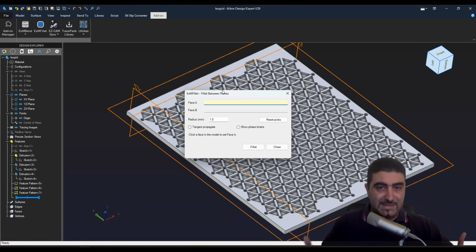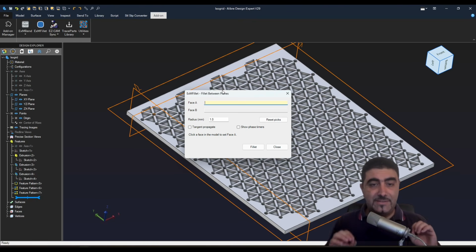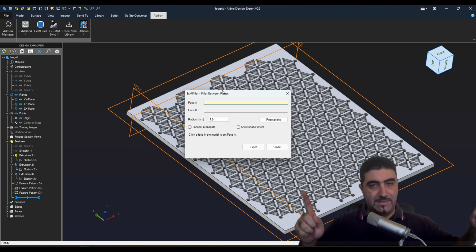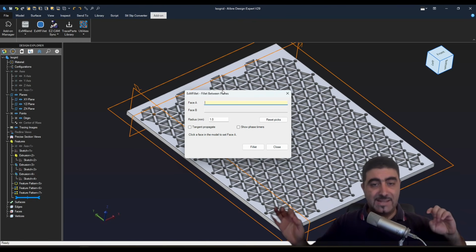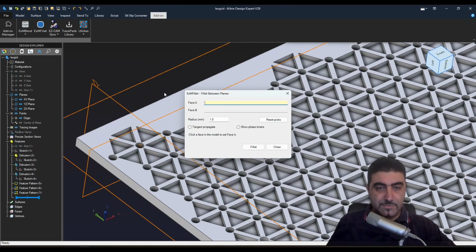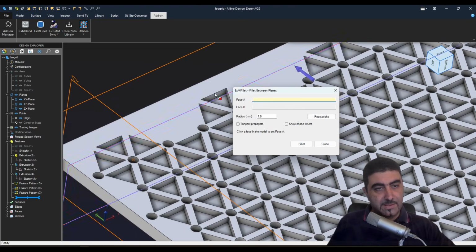And the way you define the planes is you select a planar face. From that face, a plane is defined, and it fillets only the edges that start from plane A and end in plane B. If they start from plane A and do not end in plane B, they're left alone. So the way this works is